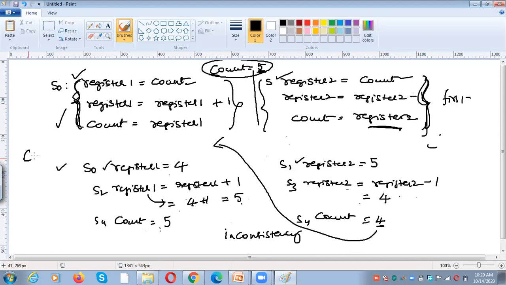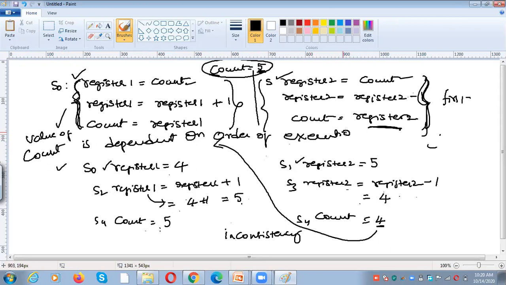If we observe these particular things, what do we need to understand? The value of count is dependent on the order of execution. That means if we execute these two statements in parallel, then the count values are different. If we execute these three statements first and then these three statements, again the count values are different. And if you execute this statement first and then these statements, again the count value is different.